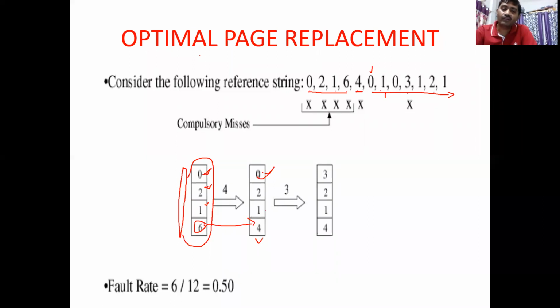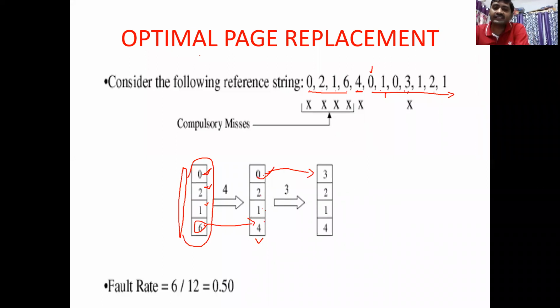No. Then what we need to do is serially look for which one is occurring at a larger distance. So 0, right? After 3, is 0 occurring in the future? No, it is not occurring. So immediately replace this 0 with the 3. You may be thinking, sir, even 4 is not occurring, but we are going serially. So first this one, next this one, next this one, next this one. We have to check in a sequence. In the sequence, the first one is 0. That is not occurring in the future, so we'll be removing that one in this way, right?